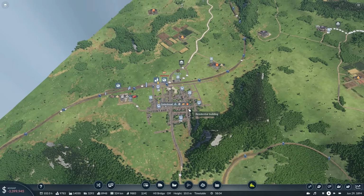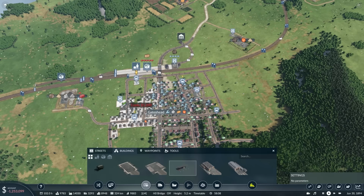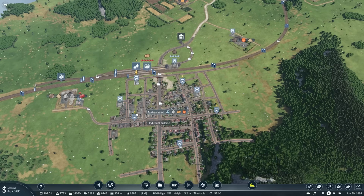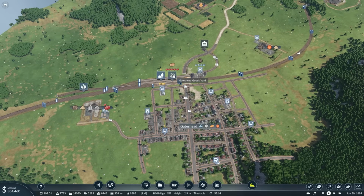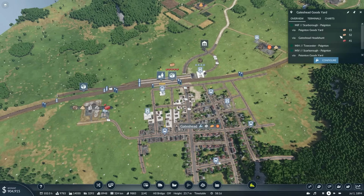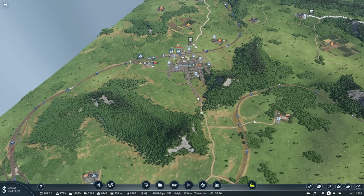We could get fuel over here at some point as well. Fuel's less of a priority. First of all, it's connected to that one anyway, so that's fine, or at least it should be. Yes, it is. And second of all... God, that's a good lot of stuff waiting to go back up the hill there. Nice. Second of all, it is...